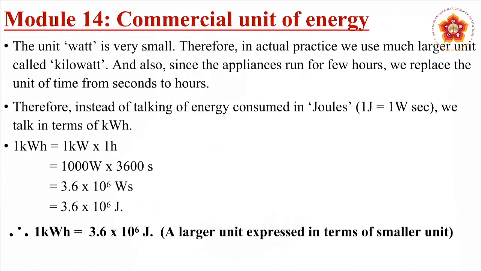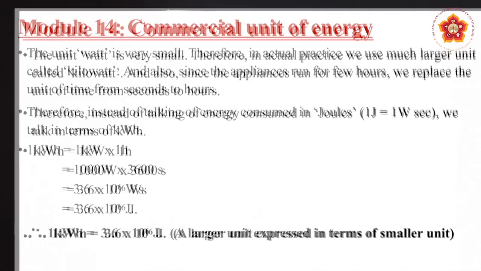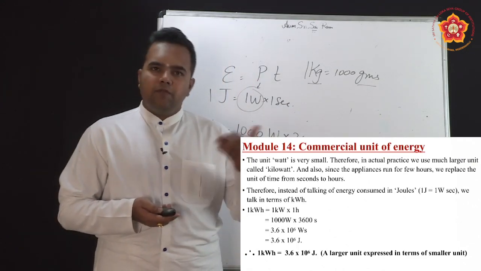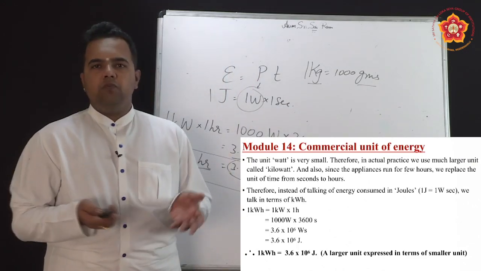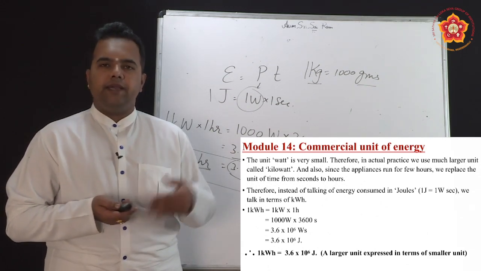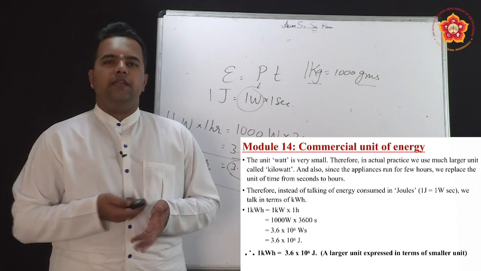And then there are also numericals. How do we calculate the electrical energy? Suppose, how do you calculate the electricity bill of your house? For example, there are 4 fans running, around 10 tube lights that we are going to use, and then there is a fridge, an AC. Put together, how much is the bill, what is the cost? These kinds of numericals we will be taking up in the last module, which is the next lecture.